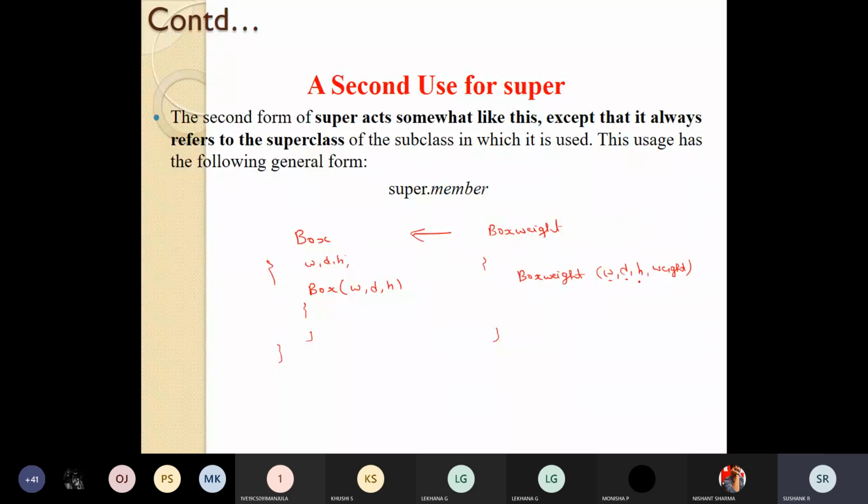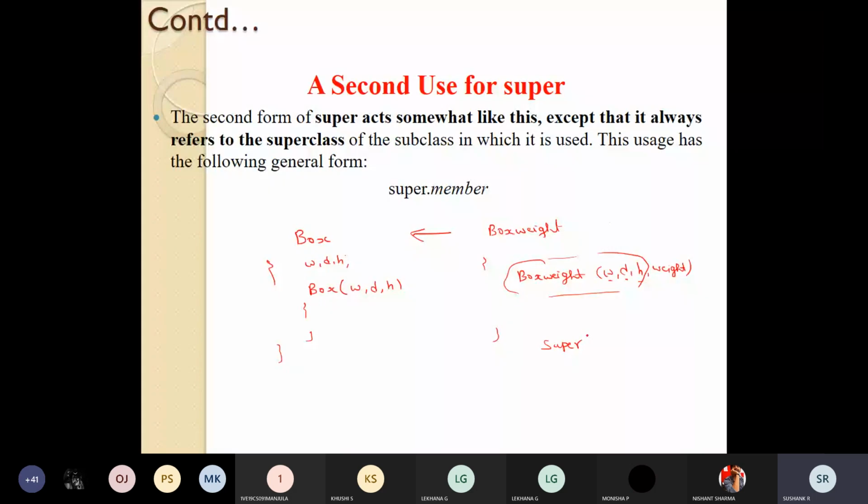So in order to avoid this step, we are using the keyword called super. The usage of super we will discuss in the next class. You just know this: when there is a relationship between the two classes and you're calling the constructor which contains the parameters of the superclass, all these things we'll talk about in the next class.